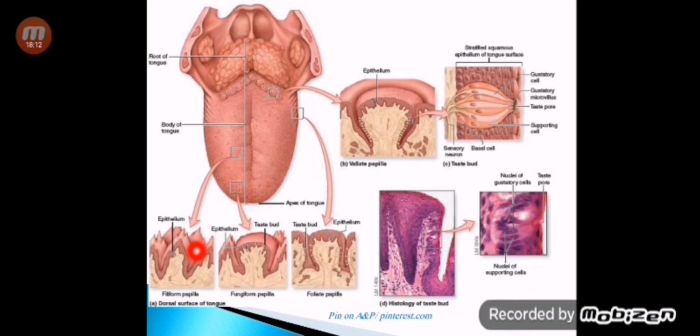It is covered by the keratinized stratified epithelium, which is the only papillae covered by keratin. It has no taste bud. Among them, we can see a small red spot. This is the red spot, and this means it is a fungiform papillae. Fungiform, it's mushroom shape. It is covered by non-keratinized epithelium, distributed among the filiform, and it has a few taste buds in